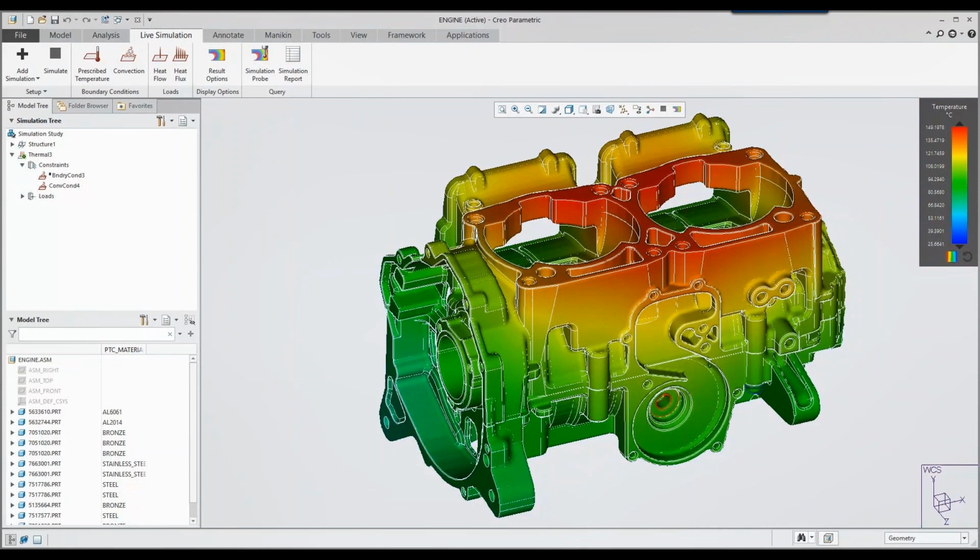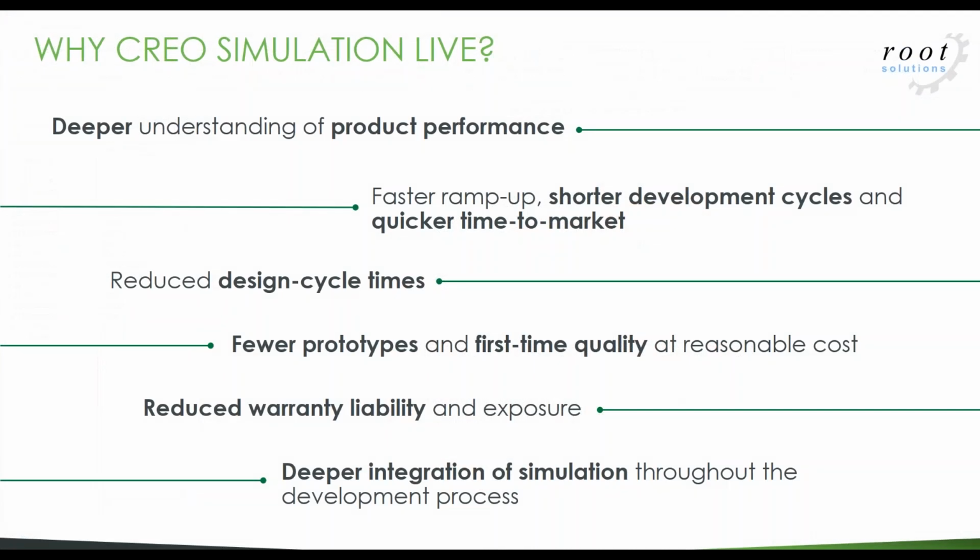So that's Simulation Live from a demonstration point of view. I just wanted to give everyone a nice little overview. We'll whet your appetite with the thermal, structural, and modal analyses. Obviously, there's a lot more we can do within here, and we'll aim to show more of those to you that are interested. But moving on, I'm just going to hand quickly back over to James,